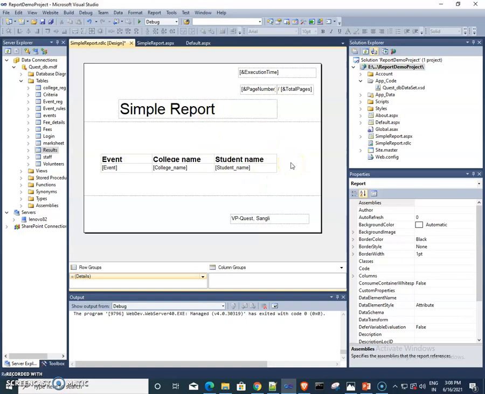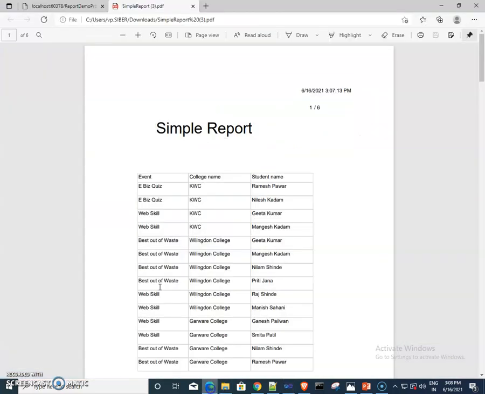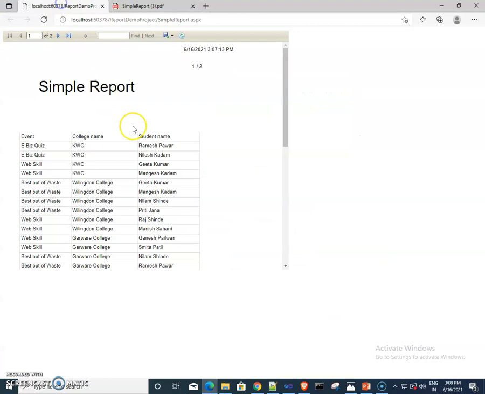Now in the next video we will see how we can create a parameterized report. Means first we select an event, and then the report for that particular selected event will be displayed in this report viewer. Only particular data is shown, means a filtered report we need to show.